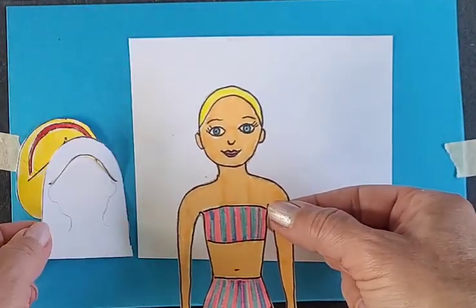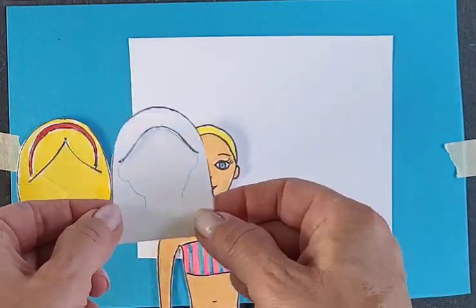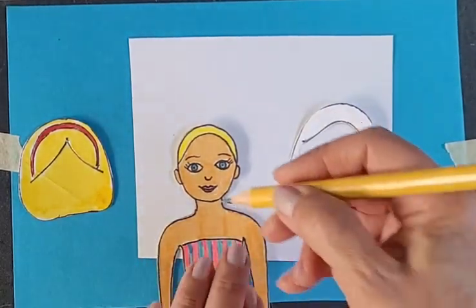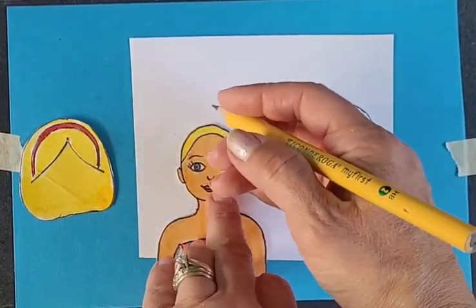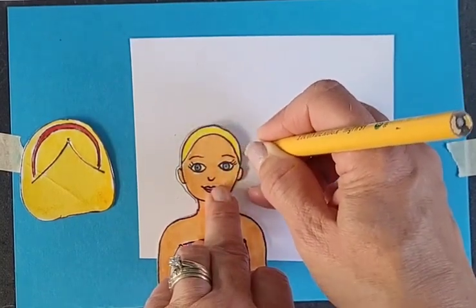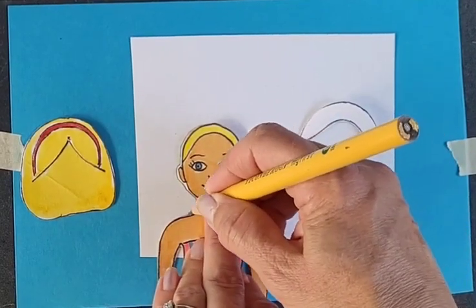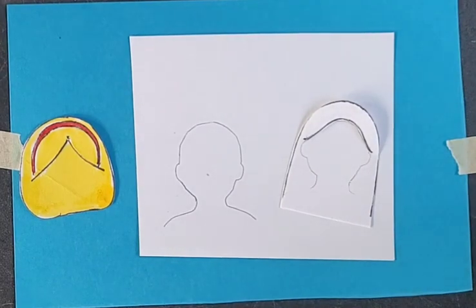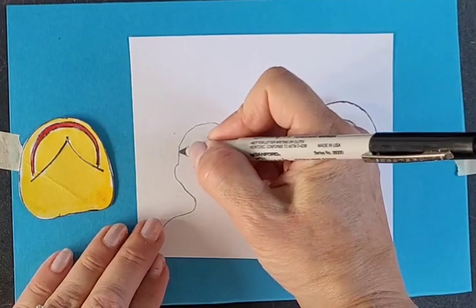Okay, so I want to give you the basic format. Now, this hairstyle is also longer than this other one. So tracing around the head with pencil first, and then leaving however long you wanted the hair to be. And then maybe a little bit at the shoulders so you know about where they fall. Okay, so traced around the head and the ears. Might be a little hard for you to see on the video, so I'm going to go back over that